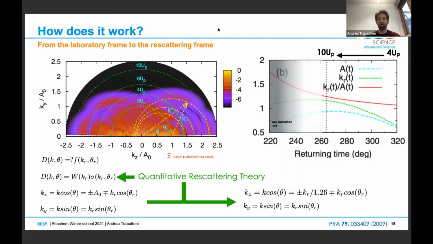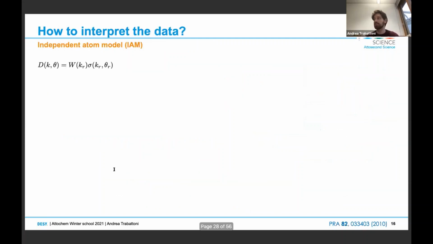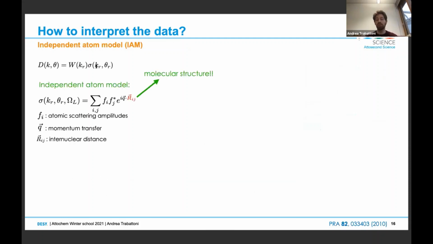So good, now we can analyze our data, but we are still missing where the bond length of my molecule is in this equation. This is not clear in this differential cross-section. The last ingredient is the independent atom model. Basically, we have this from quantitative rescattering theory, but the independent atom model, applied by the group of Chii-Dong Lin to the frame of laser-induced electron diffraction, is telling us that the differential cross-section, which in general should also depend on the orientation of the molecule with respect to the K vector of the returning electron wave packet,